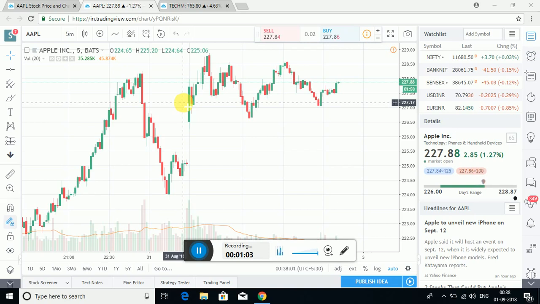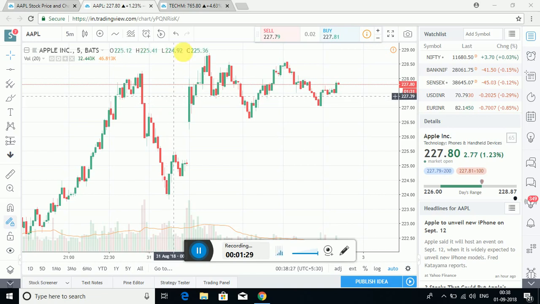Now we're going to be discussing briefly what kind of an analysis I do before I decide to enter into a trade. And this will help you to approach the market in a much more disciplined manner if you understand the concepts which I am discussing right now. You can do your preliminary analysis and you can do your on-the-spot analysis before you decide to enter into a trade. Okay, now this is the stock of Apple